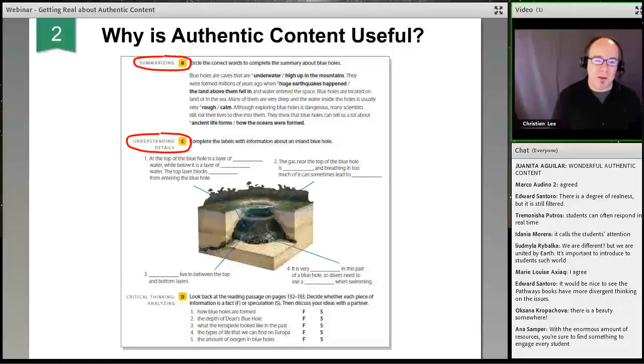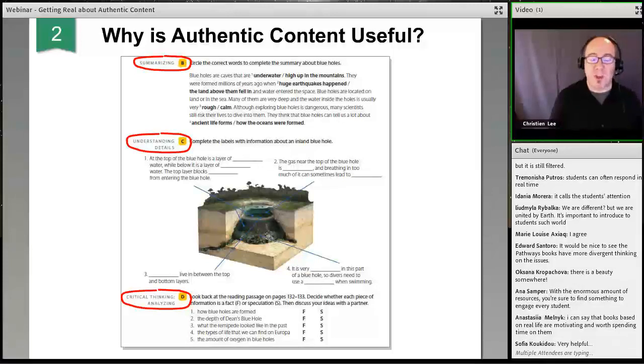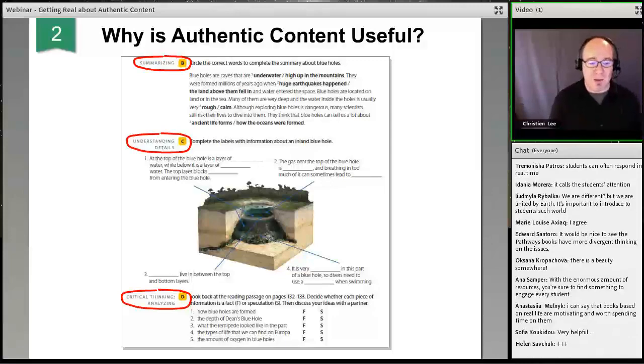But notice how this understanding details question is based on this illustration. So it requires a little bit of visual literacy, and that I think is something that's very useful for students. It's also an exercise type that's very common in the IELTS exam, and that perhaps might be useful for students as well. And then a third task, which is a critical thinking task, in this case getting students to analyze